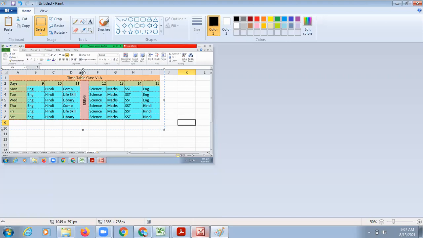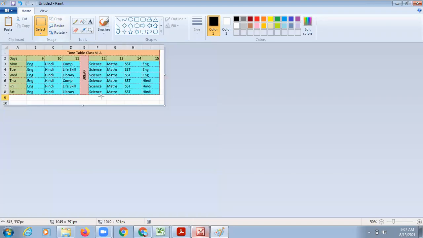You have to select the area not only of the timetable, but the proper A, B, C, D, and 1, 2, 3, 4 should also be visible, so that I can get to know that you have created this in Excel only. Okay, and then you can click on crop. Now you can save this file and upload it in the new software whenever you get the ID and password of the new software. So right now you don't have to share it with me. You have to upload it in the new software only.